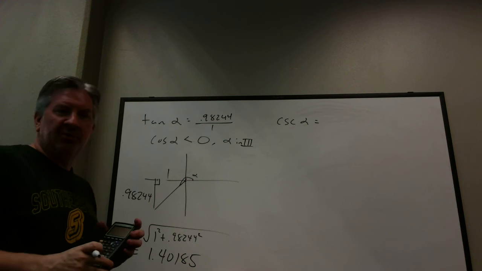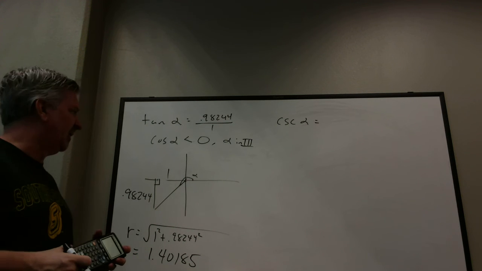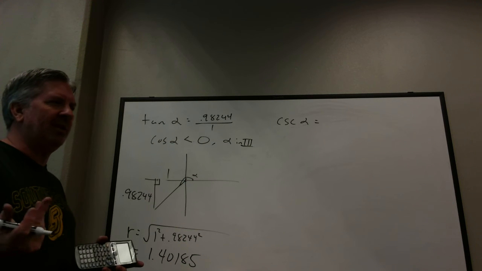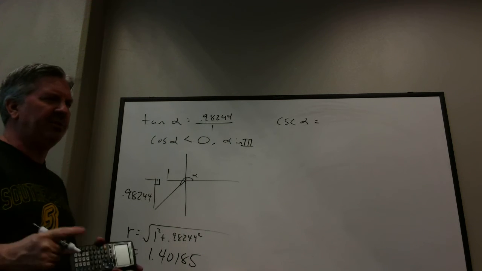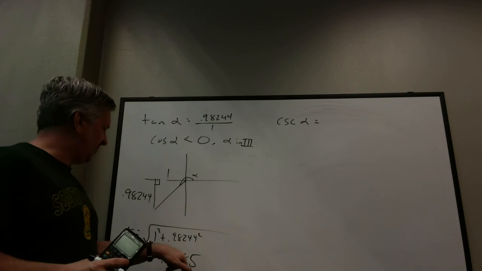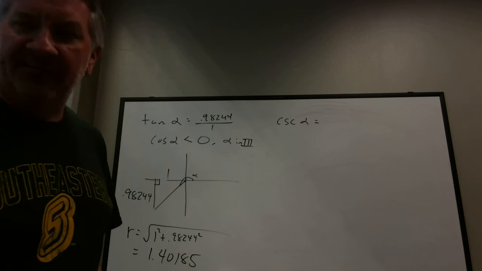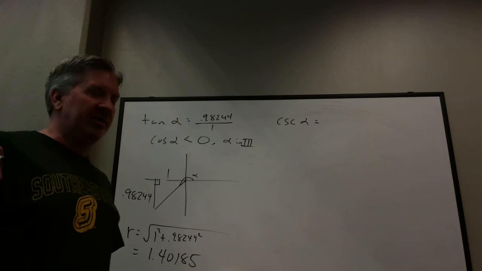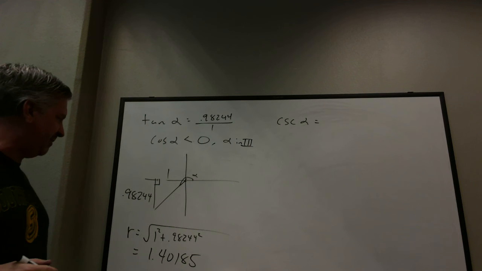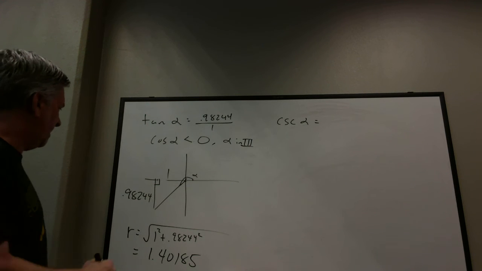Okay, in this book, they're doing a lot with significant digits. I'm not worried about significant digits. So, I mean, on a quiz or test, I will typically tell you round to 2 places, round to 3 places. If they don't tell you, notice here they gave me 5 decimals, so I went to 5 decimals. Don't worry about significant digits, but just be aware in the back of the book, if you round a couple places, they may go do significant digits and their answer may be a little bit different than yours. Okay, so the hypotenuse here is